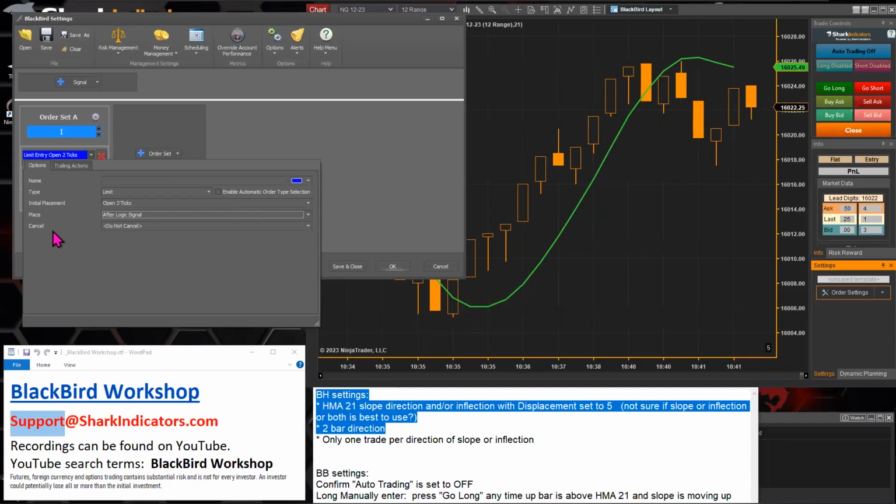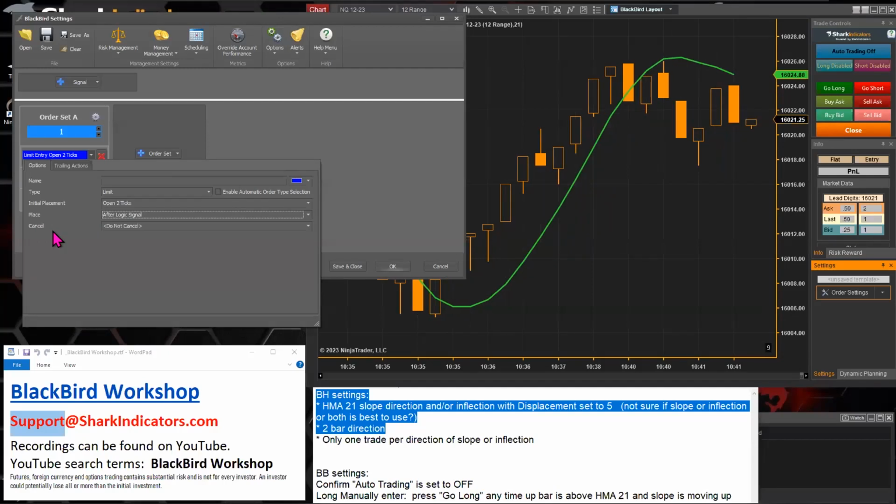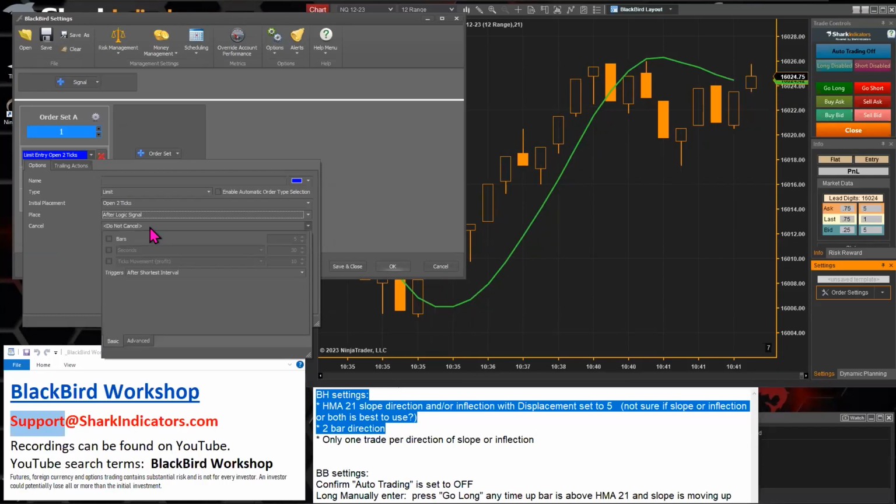At some point, you need to tell NinjaTrader to just skip on the trade, to say, okay, bail on this trade here. And so the easiest thing to say is, okay, after so many bars, just skip the trade here. Now, I'm going to set this to 5